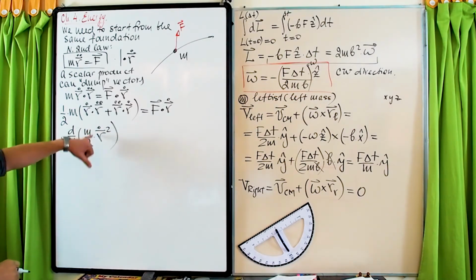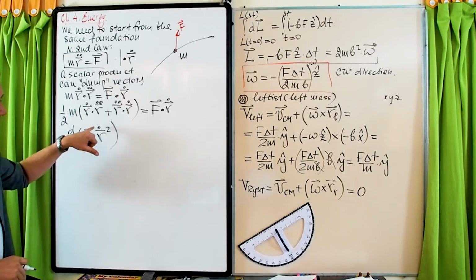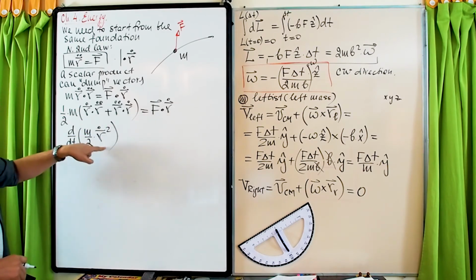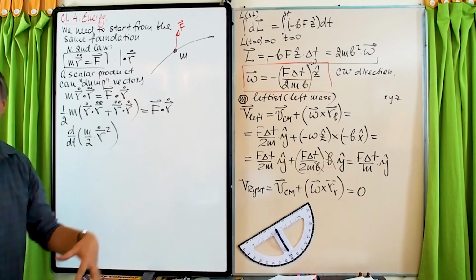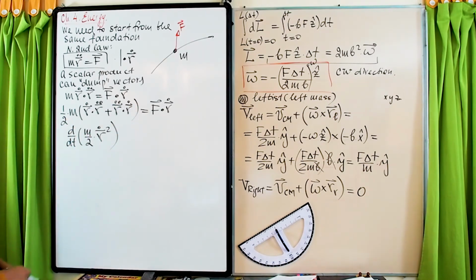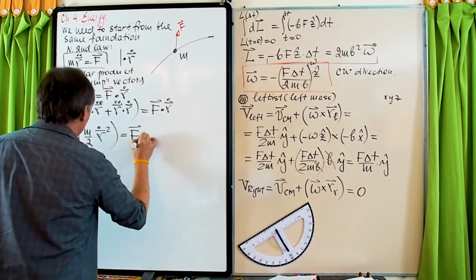Look, m over 2 goes outside, and if you differentiate this, first you differentiate the first r dot, you get r double dot dot r dot, and then the second, of course, will be exactly the same, but with the second r dot. So you will end up with exactly the same, and equals f dot